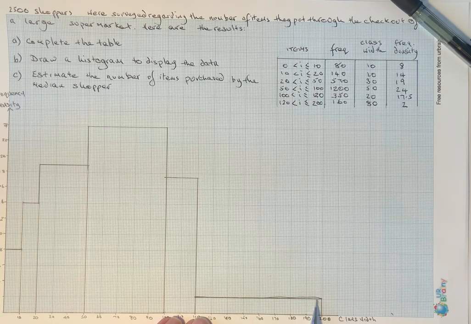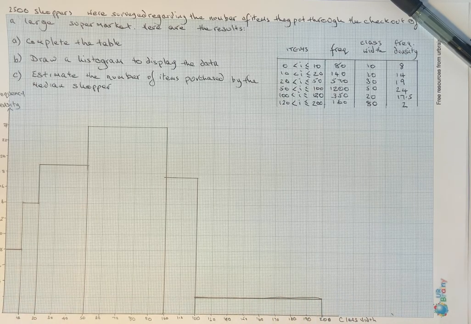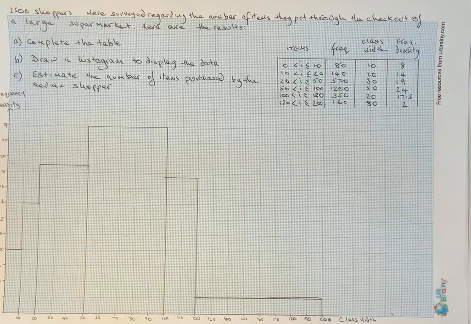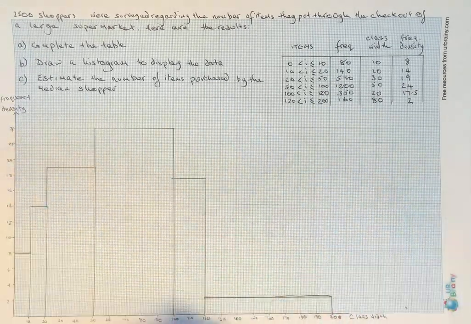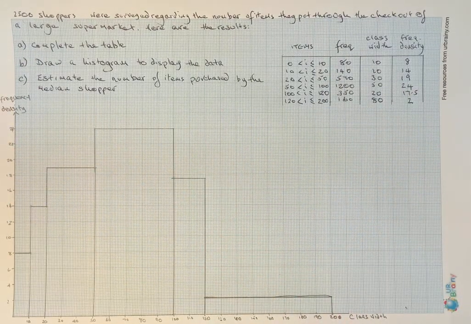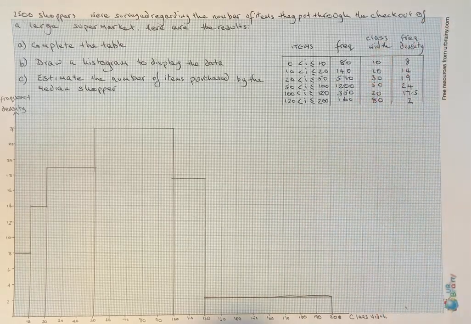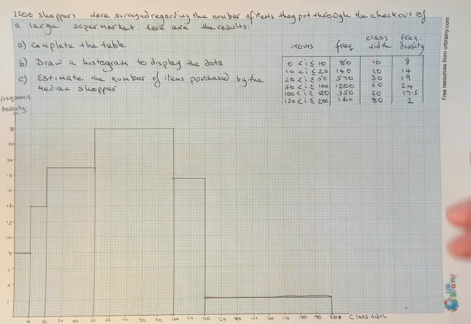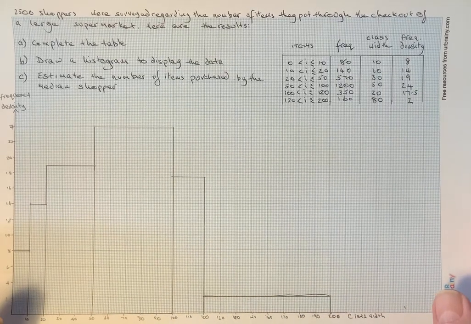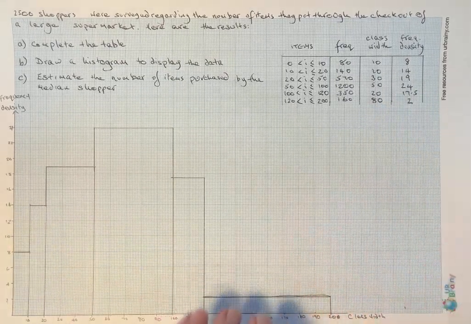Normally you wouldn't have this little bit in it, but it happened, and I'm not going to rejig the entire video now. So now, part C, estimate the number of items purchased by the median shopper. We've got 2,500 shoppers. The median is 1,250. We're not going to worry about 1,250.5. Okay, so we take the 1,250th shopper,